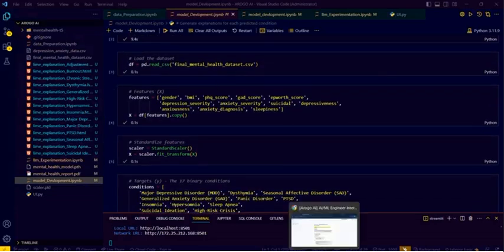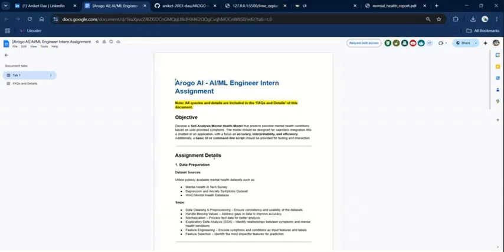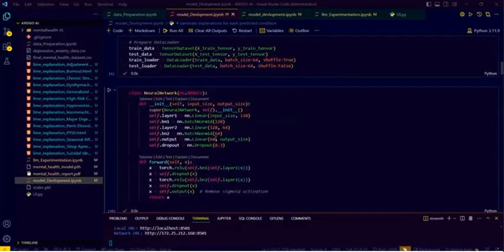We were given a task of making a multi-class classification model for all the mental health conditions, which were 12 to 15 in count. We had to predict a 0 or 1 for each condition based on what we are getting from the model and the input data. So if I move on below,